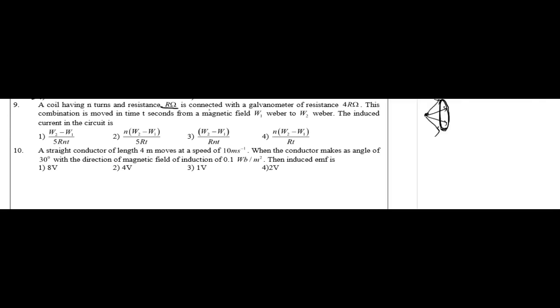As flux remains the same, no EMF is induced, so no current is induced. A coil having N turns and a resistance R ohm is connected with a galvanometer of resistance 4R ohm. This combination is moved in time t seconds from a magnetic field W1 Weber to W2 Weber. The induced current in the circuit